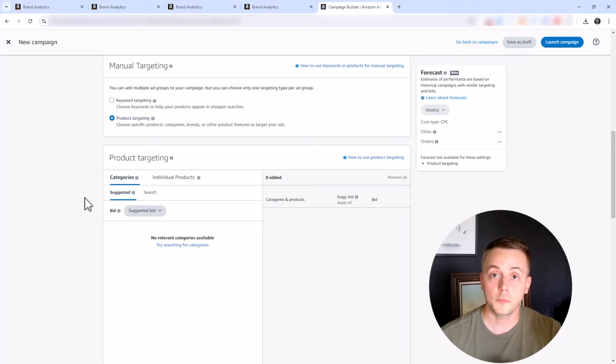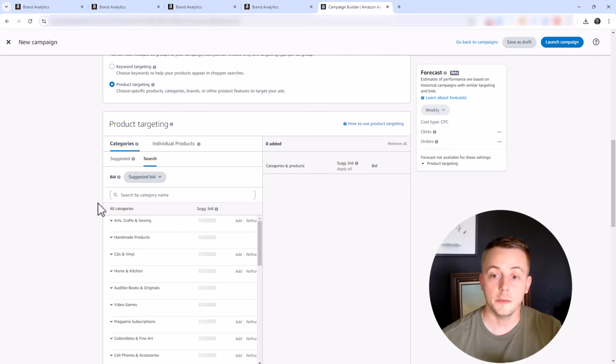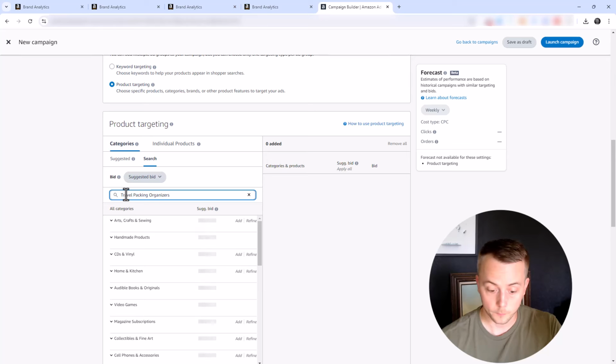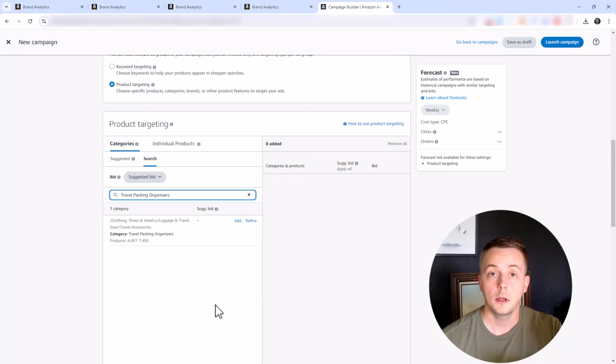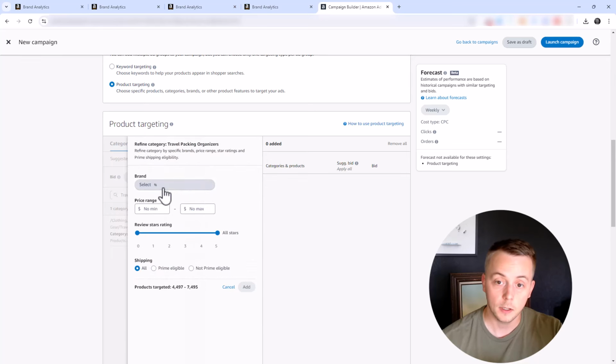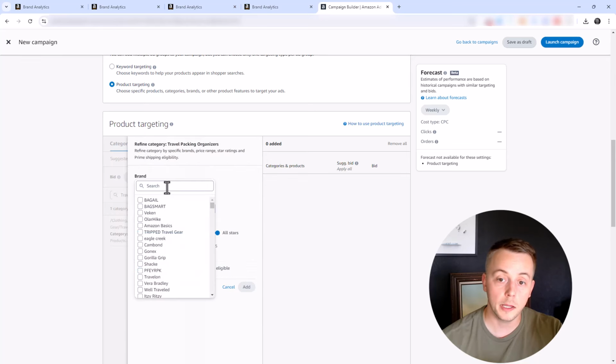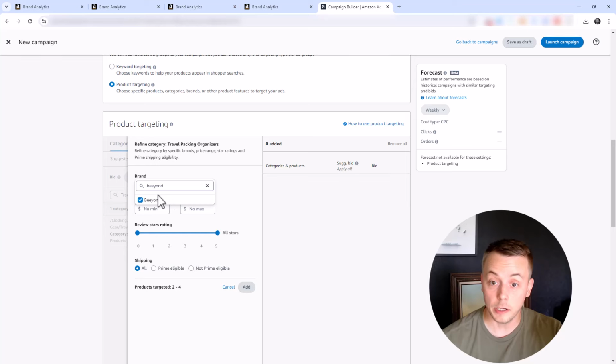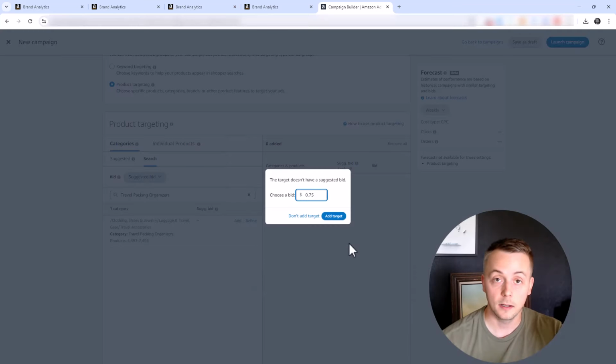So what you want to do is search, if it's not already there, search your category. In this case, the category is travel packing organizers. And then what you want to do is you click refine and you search your brand name. Once you've found your brand in your category, all you have to do is add that target, and you can